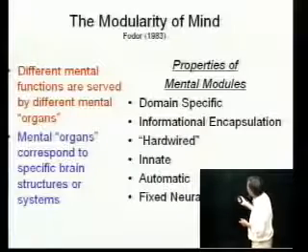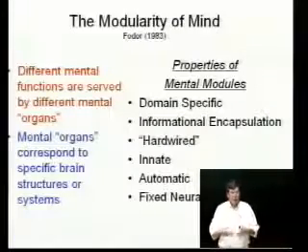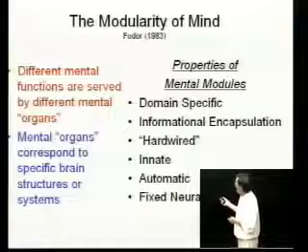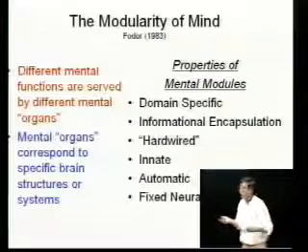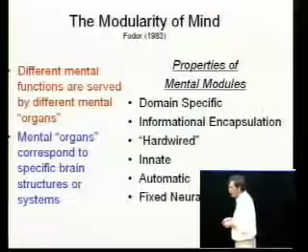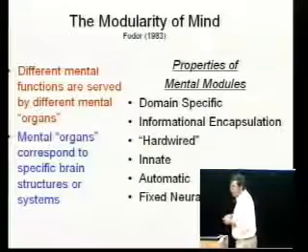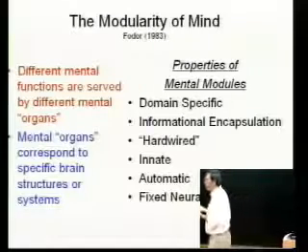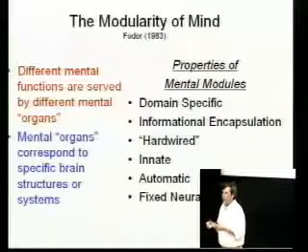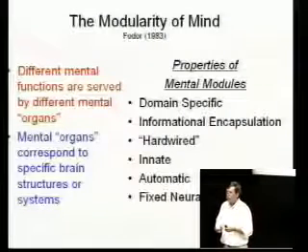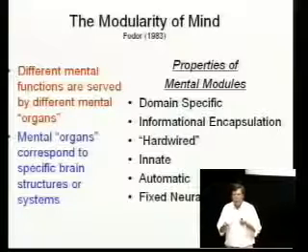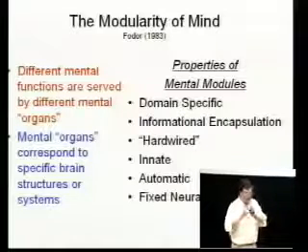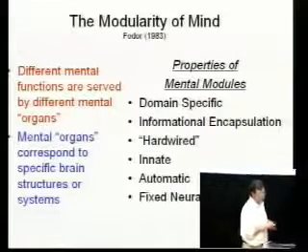That's because these visual illusions are created by the activity of dedicated mental modules that are dedicated to visual processing, and knowledge residing elsewhere in the system can't get in to affect their operations. The third property of these mental modules is that they are what Fodor called hardwired. And what he meant by that was that these mental modules are not assembled from more elementary functions. They are themselves the basic units of psychological function, okay? So they kind of stand alone in that sense.